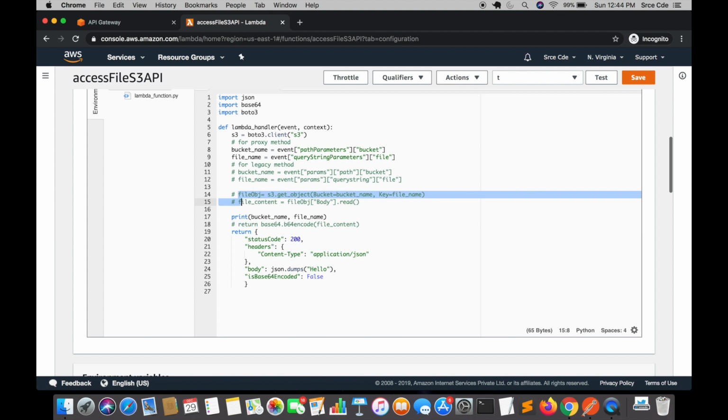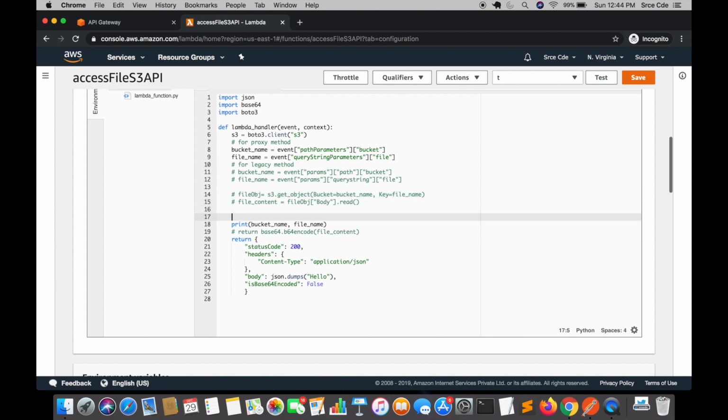because now we are not going to fetch or read the content from the S3 bucket. Here we will add a line saying url equal to s3 dot. This s3 is referring to line number 6, that is the S3 Boto3 object. So s3.generate_presigned_url, and here we will pass a few parameters. The first parameter is the method. We want to get the object, so it will be get_object, followed by Params